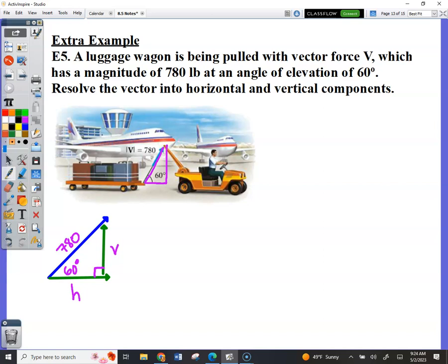So this is the exact same problem, but actually easier because of where the variable falls. So if I'm solving for h, what trig function would I use? Cosine. So cosine 60 equals adjacent over hypotenuse. Y'all can pack up. I'm going to finish writing this. And then I would use